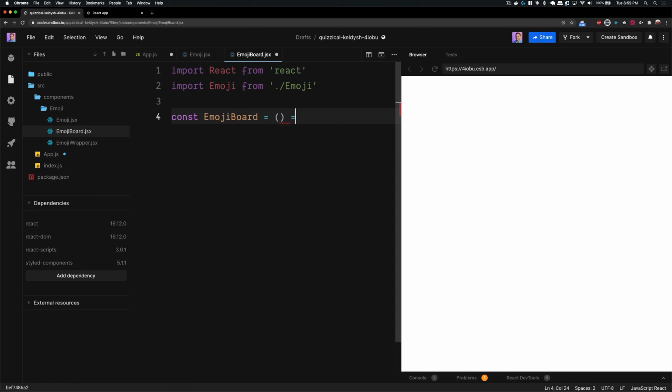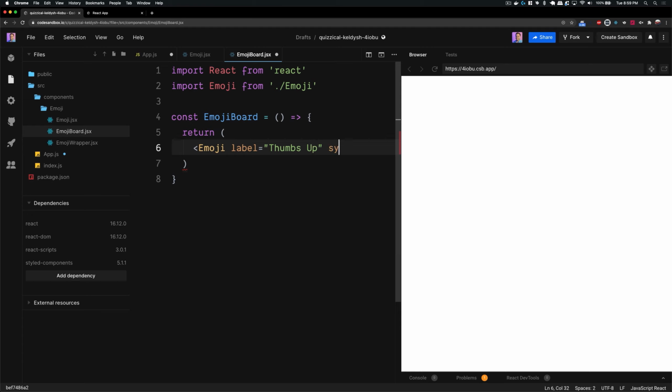And we'll just go ahead and do an arrow function. Feel free not to use an arrow function if you prefer. And let's go ahead and in the return, render out an emoji. So let's see here. In the return, I'll use that emoji component that we just created. And what I can do here is say label equals, we'll do thumbs up,